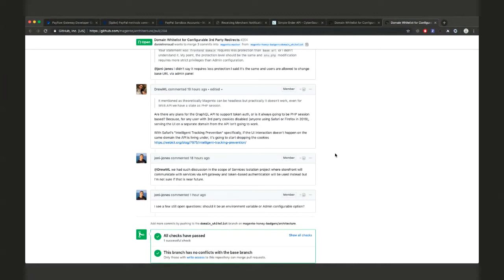Because if we're 3 or 4 years away from being able to do token auth with the API, then we're a far ways away from this being usable by people. Okay. Yeah, I have the same concerns.